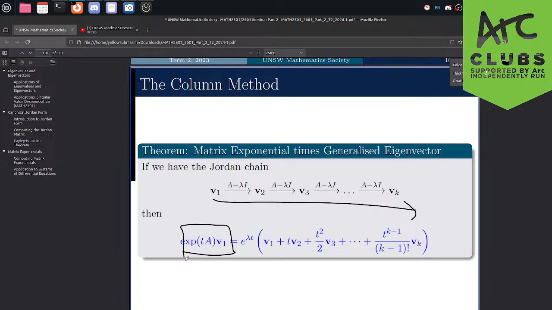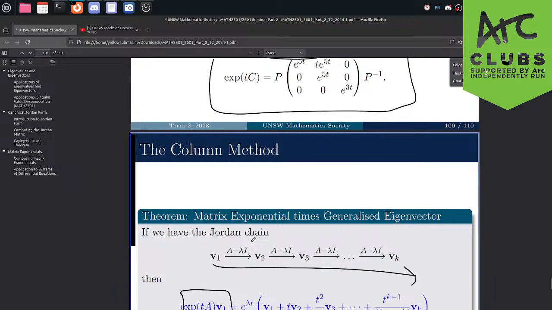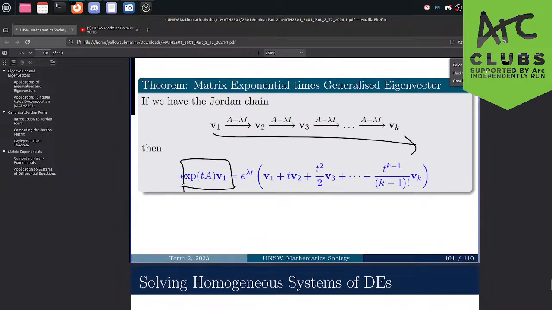This can be a bit tricky if v was not a Jordan chain vector, or if you didn't know it's like Jordan vectors. What you might do is calculate exp(tA) and then calculate the matrix product. But there is an easier way to do this, and this is going to help us with a question type later on, where we want to solve ODEs using matrix exponentials.